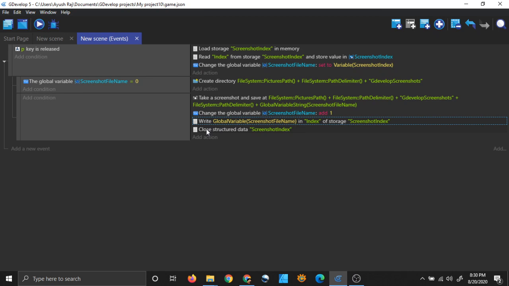And the last line is simply close structured data. You should close the data to keep it safe. It may be a security risk, or it may take up resources of the system which you want to release. So it is a good practice to close it. Loading and closing, right? We are loading at the beginning and we are closing at the end.